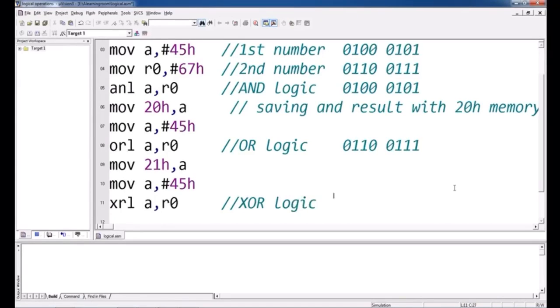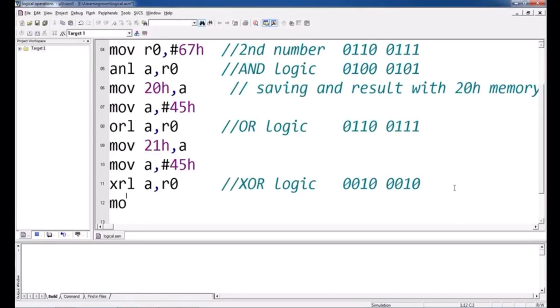For two different inputs, the output is 1. 0 0 is 0, 1 1 is also 0, and 0 1 is 1, and then for the LSB bits, 0 0 0 1 1 0. This is the XOR output. Again this value I am moving into the next memory location, 22H.